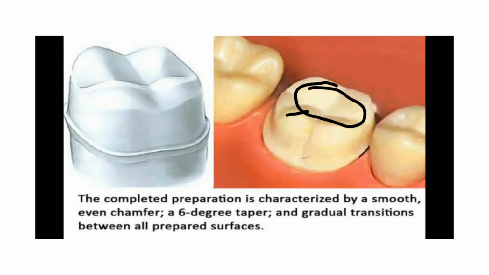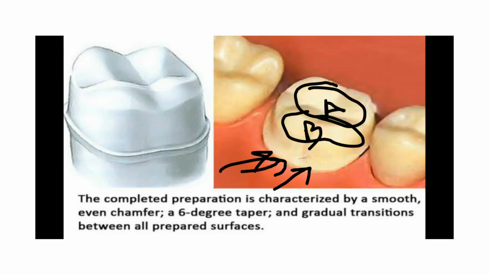This is plane A, this is plane B. Plane B is also known as function cusp bevel. It is 45 degree. It is given to provide structural durability to both the crown as well as the tooth structure. All surfaces other than the occlusal surfaces are known as axial surfaces. When we reduce the tooth axially, we are left with the finish line or the margin, which I am pointing to. These are the finish lines or the margins.